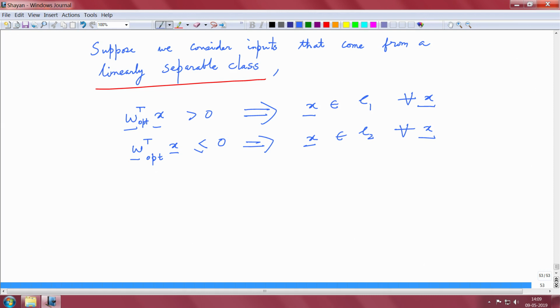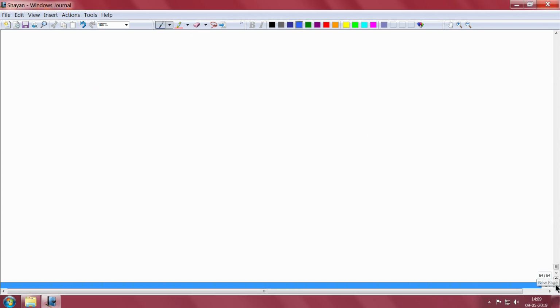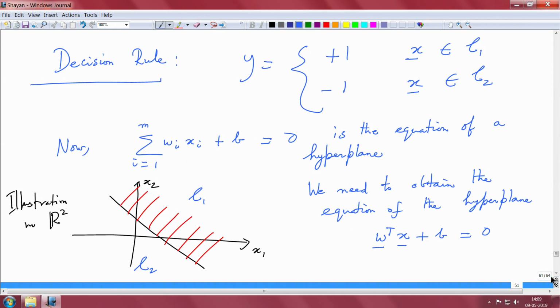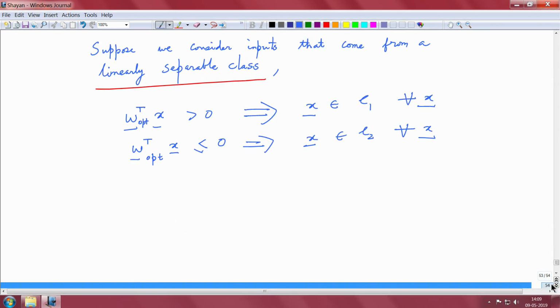Now, this is what we want, and this is obvious from the diagram that I had earlier. So, if you can visualize this diagram, I am just showing you this slide here. If you visualize this diagram, everything which is on this part of the hyperplane is C1, anything which is on the other side of the hyperplane is C2. So, we can kind of think about it. This equation is basically describing this geometry.